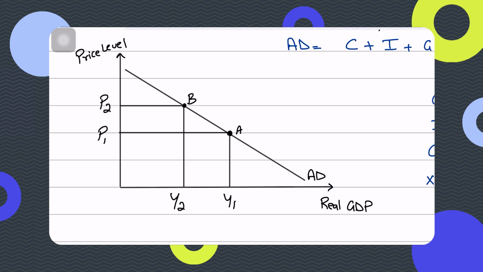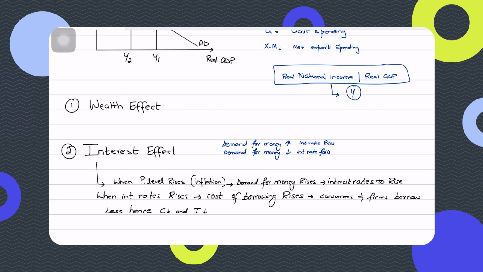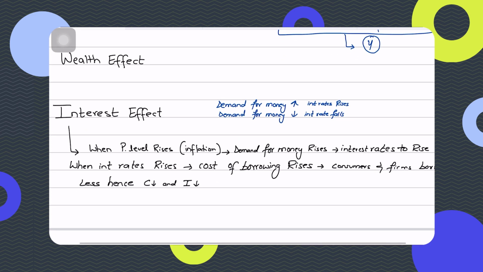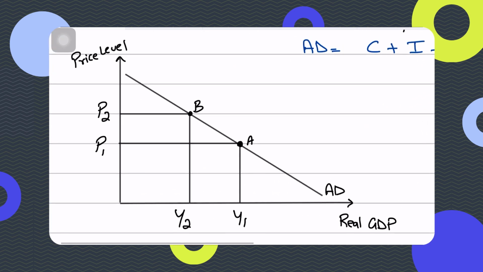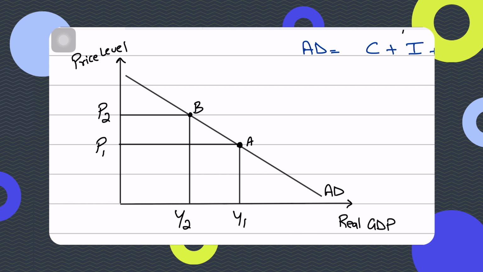And so what it follows is that when the price level would go up, right? If the price level would go up, there would be more inflation across the economy. Your consumers and firms would borrow less because of a rise in interest rates across the economy due to a rise in demand for money, and hence consumption spending and investment spending would fall, which would contribute to one of the reasons why spending across the economy would fall, causing a decline in your real GDP from Y1 to Y2, and a movement along the aggregate demand curve from A to B after a